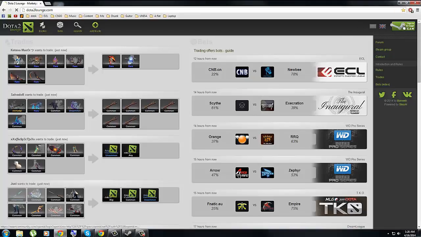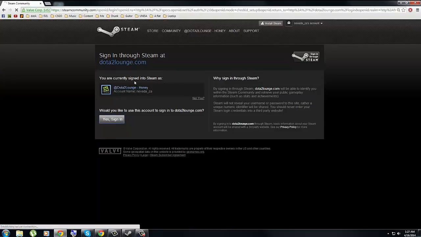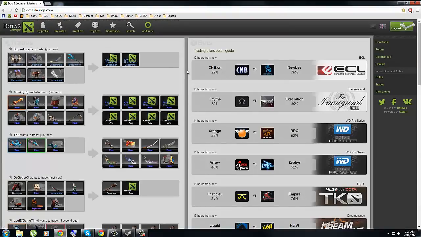So firstly, I'm going to sign in. You just click on this icon up at the top right corner, and that should take you to Steam community, where you just type in your account details, so your username and password, and then click sign in. Once that is done, it should take you back to Dota2Lounge, and you're now signed in. So on the right here we have